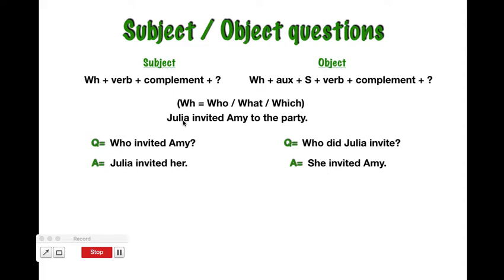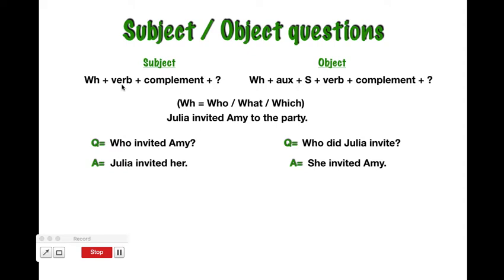¿Quién recibió la invitación? ¿A quién invitaron? So it was Amy. So Amy is the object. So I just want to remind you, subject is who performs the action. Object is who receives the action. Okay? Now, if you look at the structures over here, we have two different structures depending on what you are